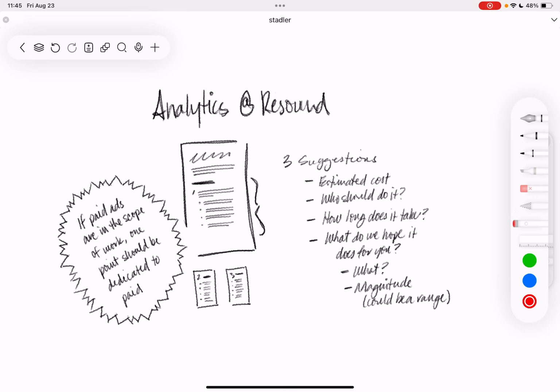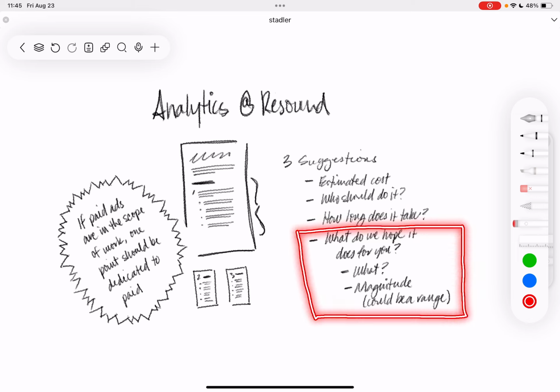So, all right, take a step back. You're a client trying to figure out what to do with your budget, and someone's telling you, oh, you need to optimize your pages, or you need to fix all these SEO issues, these errors on your page. You're like, okay, well, I have 10 things on my priority list. Now you want to add another one, and I don't even know for sure what it's going to do. Sure, it's best practice. I understand that. I know it would be better to have a clean site, clean, minified CSS, no broken links and all this other stuff. I know that'd be great. But is that really the next thing I need to be spending my money on?